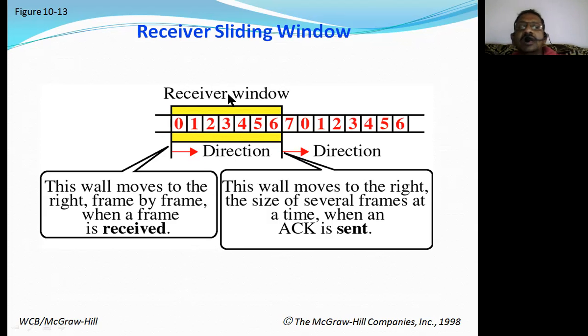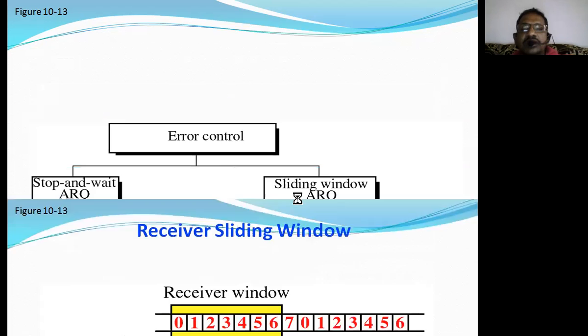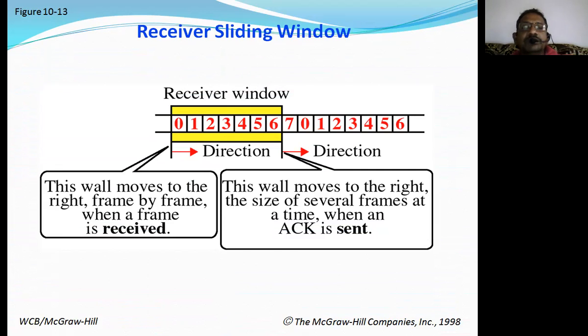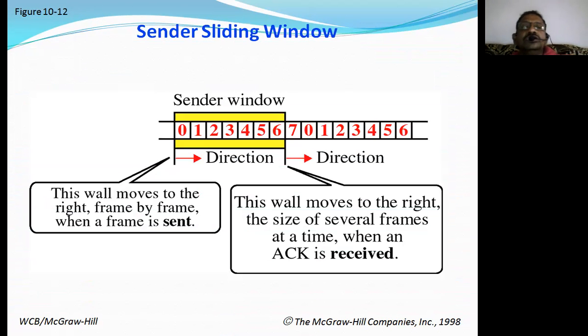Once they are collected by the receiving window, and the receiving window sends an acknowledgement to the sender with the list of frames that have been received, then this entire receiver window will simply be transferred to the next window with the corresponding number of slots. Like that, the communication takes place between these two stations. So this is how we use the sliding window concept in the line.